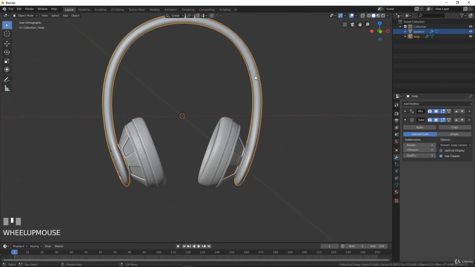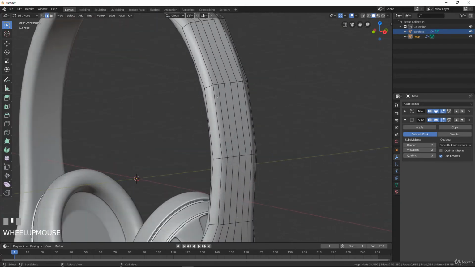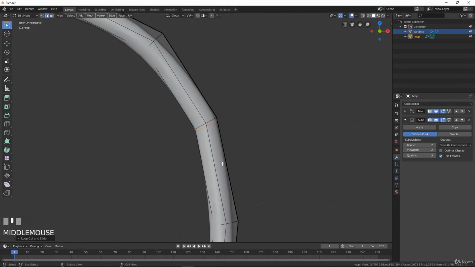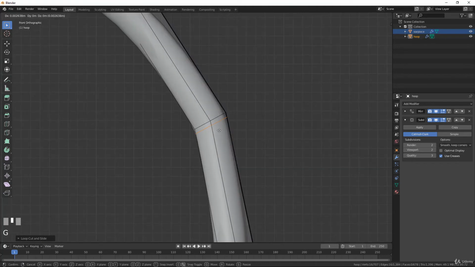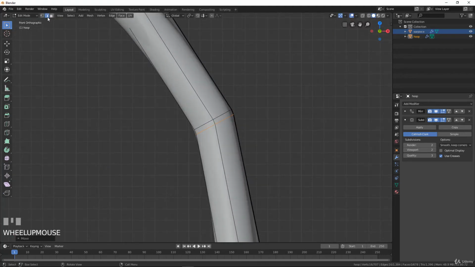But we have a separation, a kind of slide normally somewhere. So to make this separation, what we will do, we'll just add a loop, not far from this one, somewhere around here. Good. And now we have the possibility to select both. So I would maybe just move it slightly to have this kind of shape. Good. And now I can select both just with the selection of the faces here and make an extrusion, right click, Alt S,